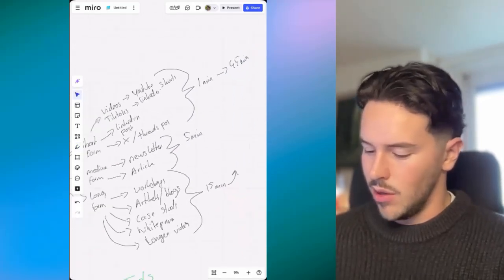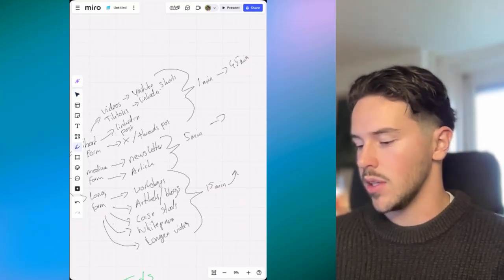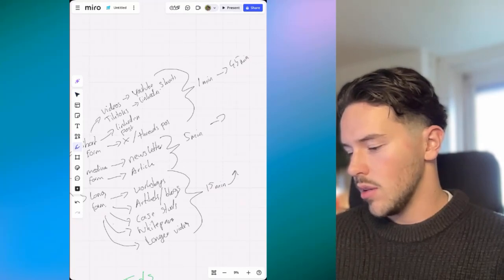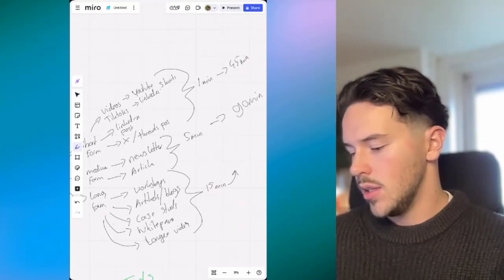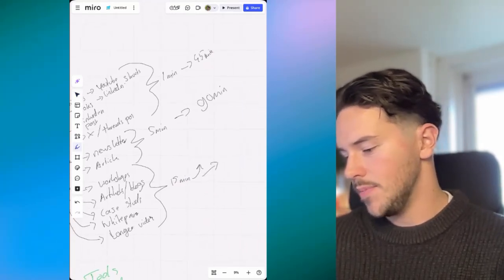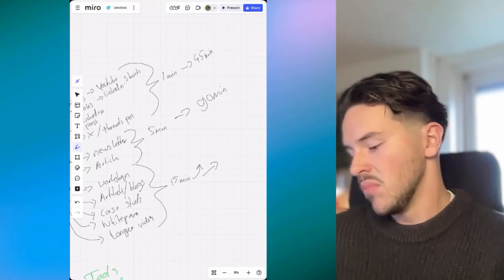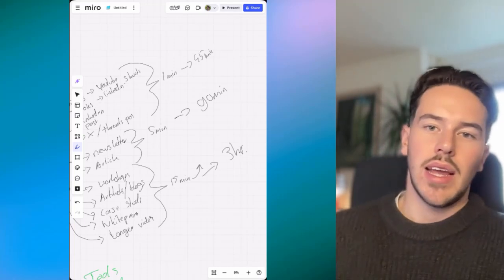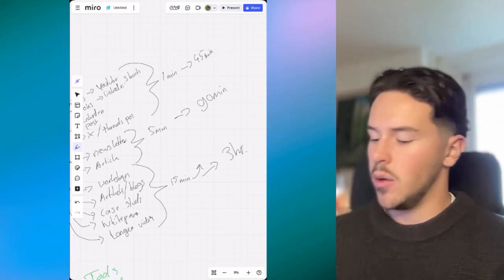Now imagine those long forms and those medium forms. These are going to take substantially longer. So maybe twice as long, like 90 minutes. This is going to take you, I would say, 3 hours in total, with editing, getting everything down, doing the research, thinking out what you want to do.